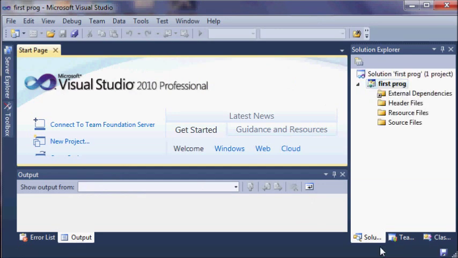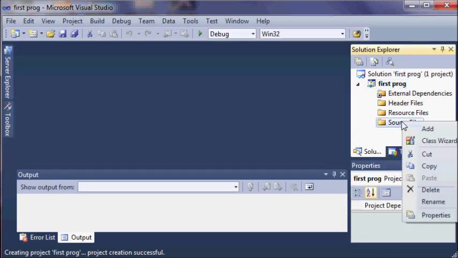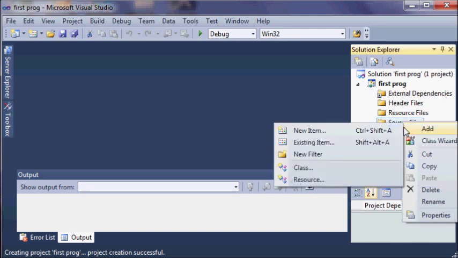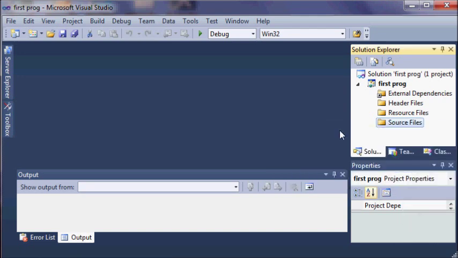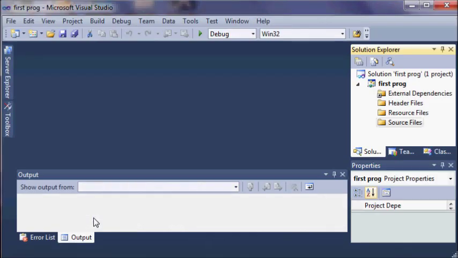If you don't see the Solution Explorer, you might need to go through the View menu. There's a video on Microsoft.com and on the course website about navigating the IDE here. I'm going to right-click the source files to add a new item. We're going to add a CPP file and give it a name. It'll automatically add the .cpp extension, so just type the file name and make sure that C++ file .cpp is